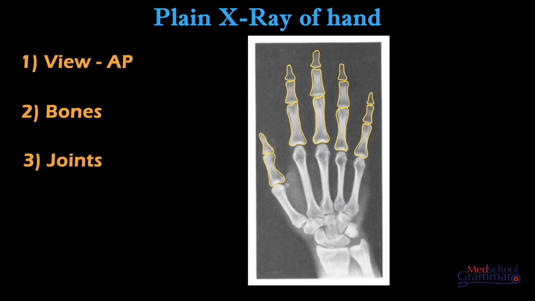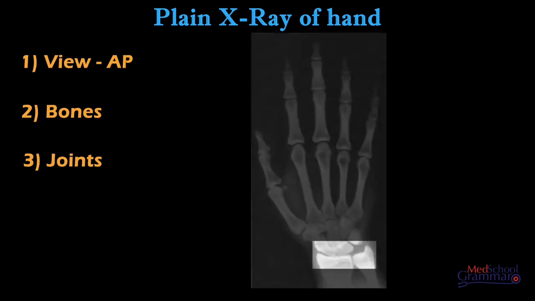Now moving on, our third step is to identify joints. So what are the joints we can see here? You have the wrist joint, which is an ellipsoid joint. Inferior radio-ulnar joint, which is a pivot joint. Intercarpal joint between the 8 carpal bones. This is a plain synovial joint. Then you have the carpo-metacarpal joint. As the name suggests, it is between the carpal and the base of the metacarpals. This is a plain synovial joint except the first carpo-metacarpal joint, that is between the thumb and the carpals. This is a saddle joint.